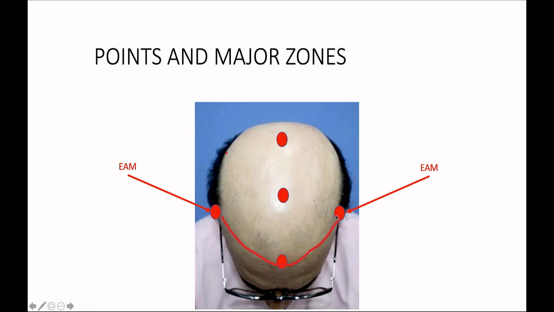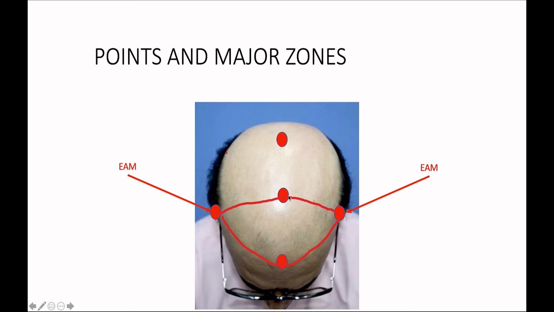Then the line joining the frontotemporal angle on both sides to the mid-frontal point, not the external auditory meatus. Don't get confused that we are joining the external auditory meatus. It looks that way, but this is the point where the frontotemporal point is. Joining this makes the anterior line.